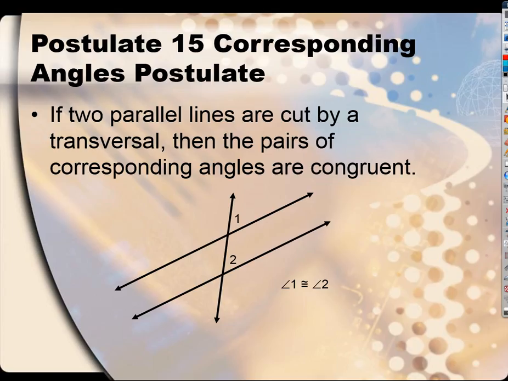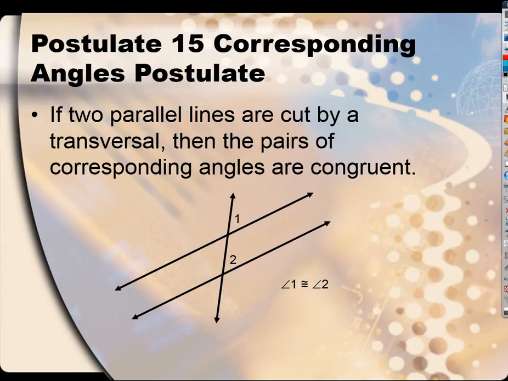Well, what would happen if these lines extended forever? Let's say they were really bright so we could see them from a great distance, as we walked further and further and further away from this, assuming these go forever, right? What would appear to happen to these two lines as you get further away? They'd appear to get closer together, wouldn't they? And at some point, as we got super far away, we wouldn't even be able to distinguish the two lines, and they would look like one line. Would anything happen to the size of this angle? It'd stay the same the whole time, wouldn't it? So can you see that that's kind of an informal proof in a way that that has to be true, right?